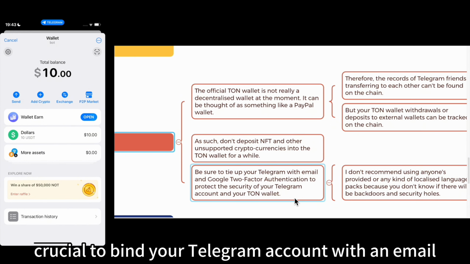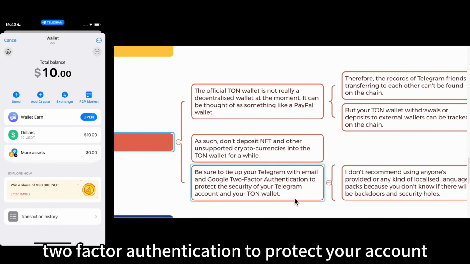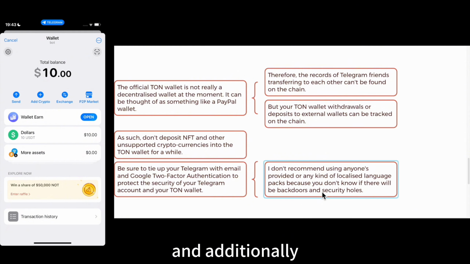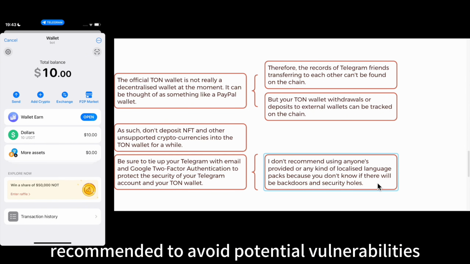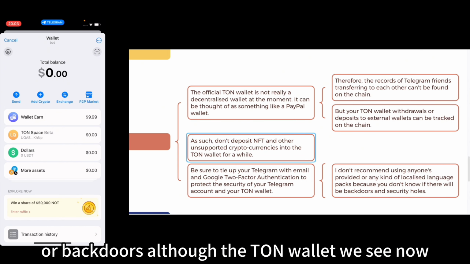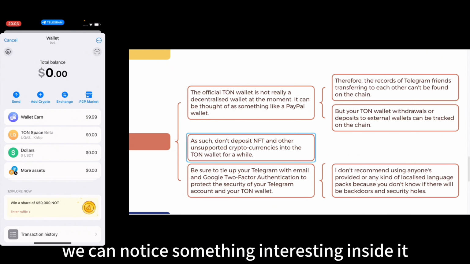So it is crucial to bind your Telegram account with an email and enable Google two-factor authentication to protect your accounts. And additionally, using any Chinese language packs provided by third parties is not recommended, to avoid potential vulnerabilities or backdoors. So although the TON wallet we see now is not truly a decentralized wallet, we can notice something interesting